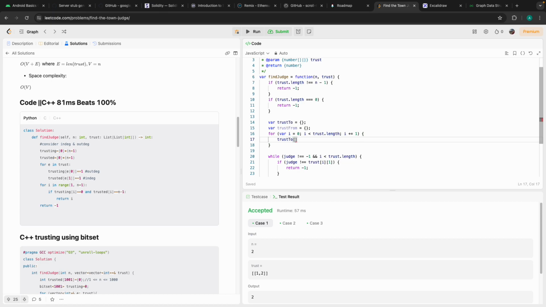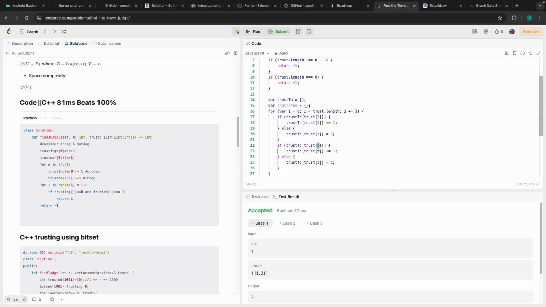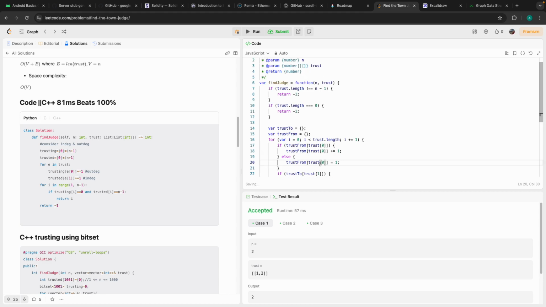Trust to, trust 1. If, then, else, is 1, and similar to trust from, the 0. Okay, then